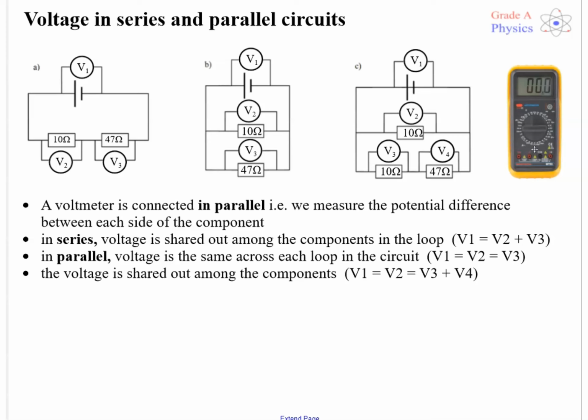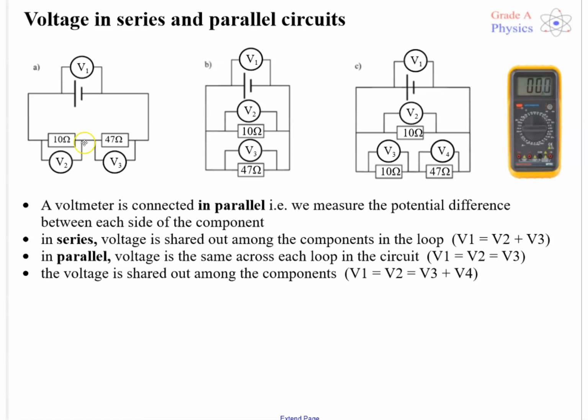So this is very, very different to how we connect an ammeter. Generally we draw the voltmeter as shown here. We have a circle, capital V, and what we mean by in parallel is there's a Y on either side of the component. So we connect the voltmeter across, or on either side of, the battery or the cell. If I want to measure the voltage associated with a resistor,